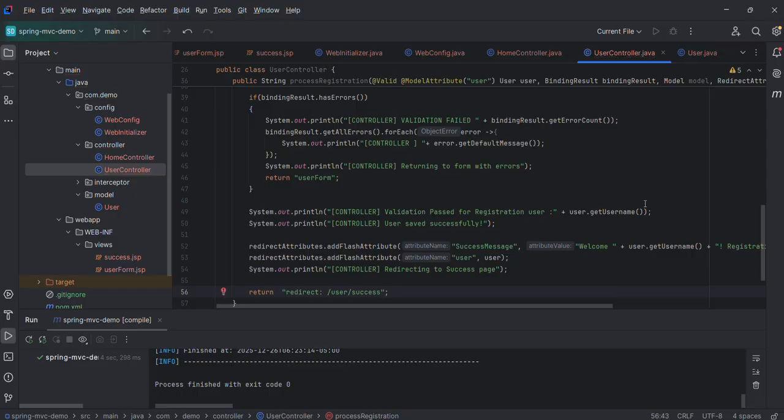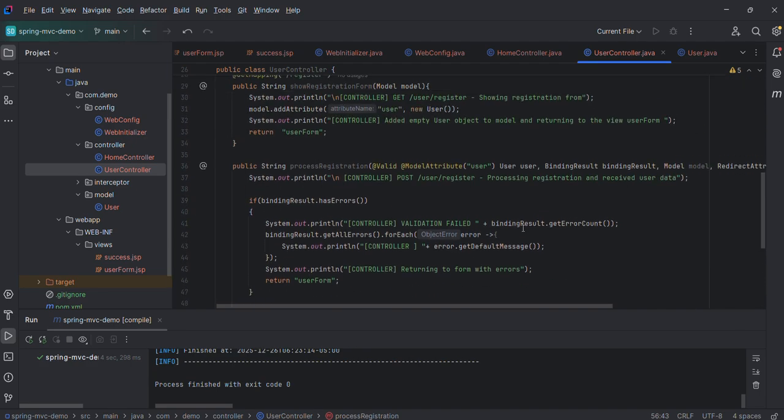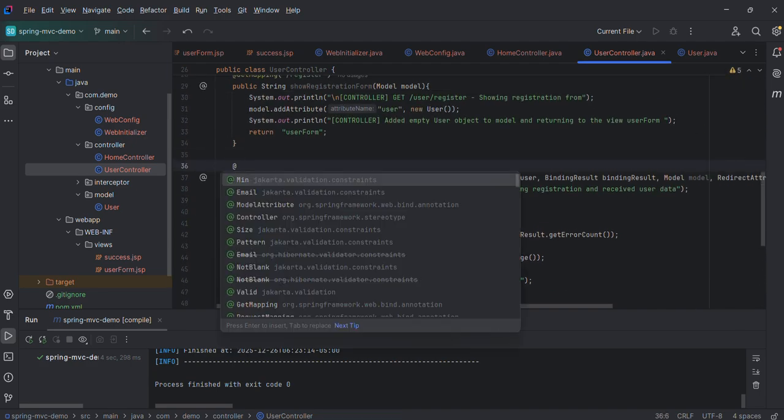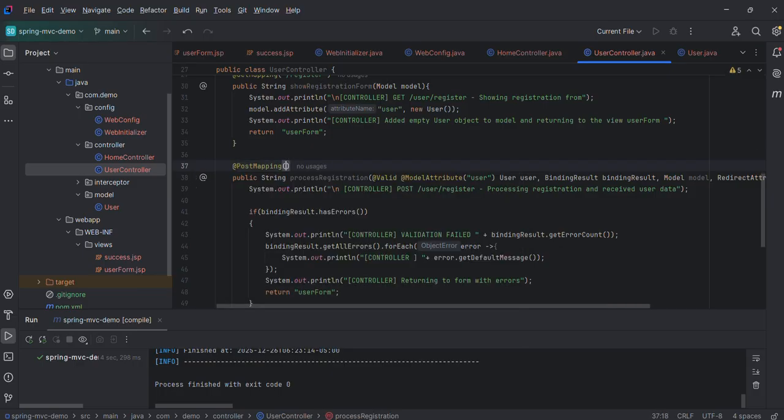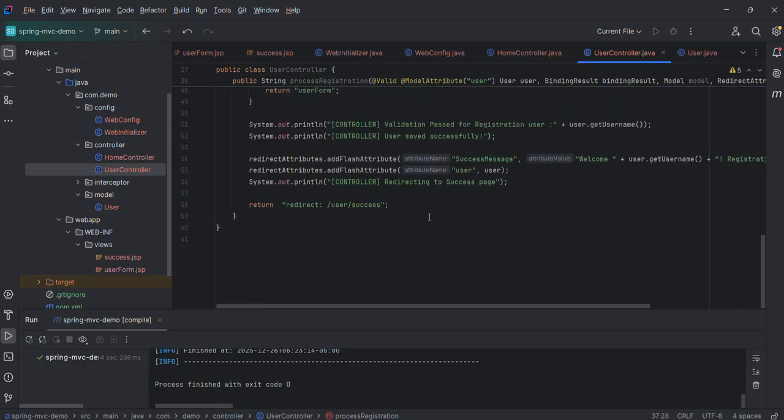Okay, for this method to get picked up by the controller, we have to add this annotation post mapping, and we have to give slash register. Okay,